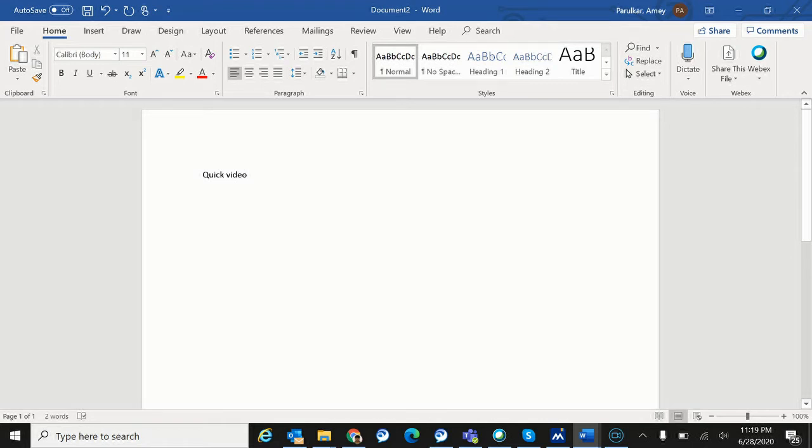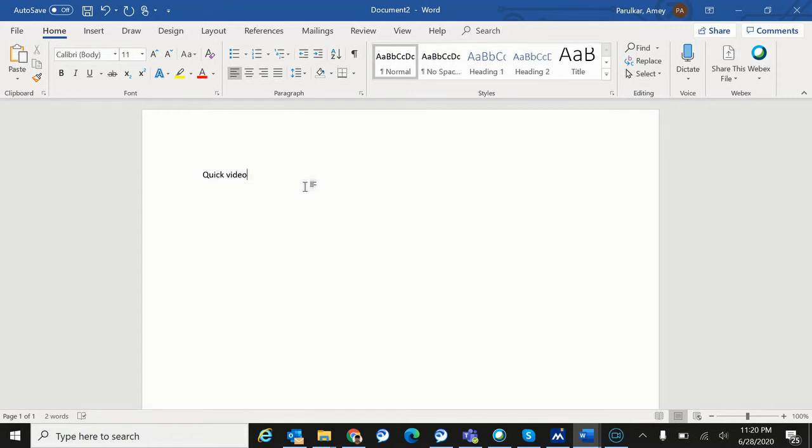However, if you don't have a mouse, you can also move around your document using the arrow keys on the keyboard. The arrow keys are usually found at the bottom right side of the laptop. Pressing these arrow keys will move the flashing cursor up a line of text, down a line, or left one character or right one character. Using a combination of keystrokes can also move the cursor further. For example, holding down the control key and pressing the left arrow key will move the cursor one word left, and holding down the control key and pressing the up arrow key will move the cursor to the start of each